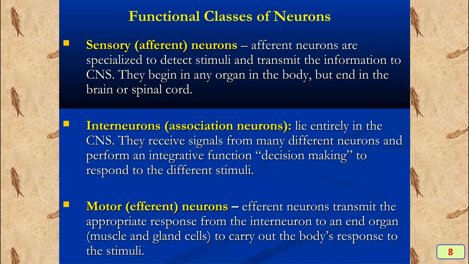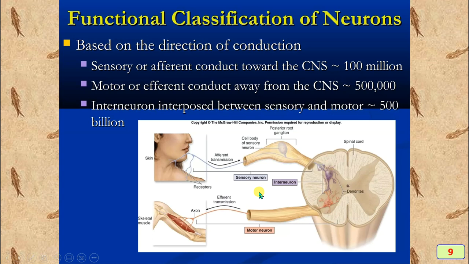Motor neurons are also known as efferent, meaning away from the center toward the organ, and they direct the organ to do something in response to the sensory stimuli and processing. Especially, they supply the muscles, glands, and voluntary tissues. For example, the functional classification of neurons is afferent and efferent, or sensory and motor. Whenever there is a stimulus like pain or something,